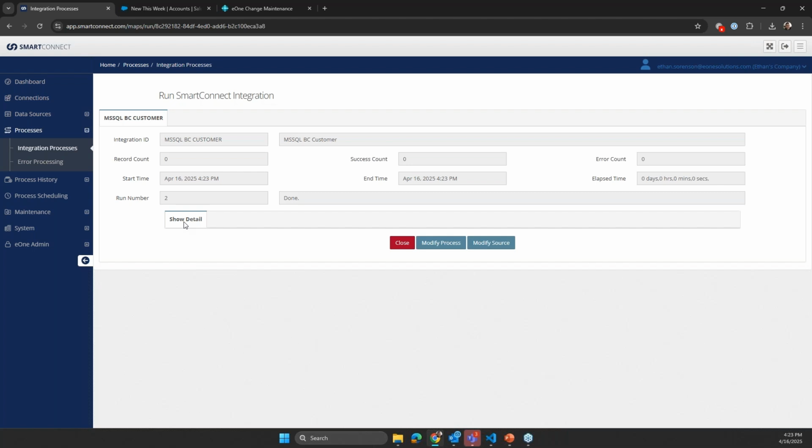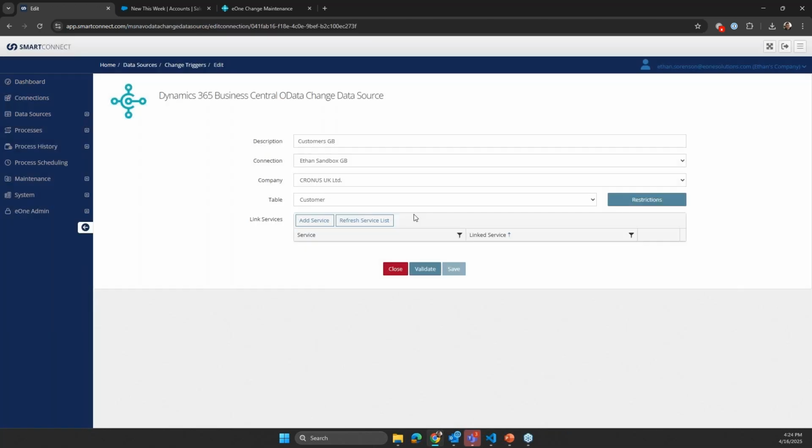Now, let's say I wanted to be a little bit more fancy here. If I go back to my data source, if everything you need isn't just in the source table, you can bring in additional detail by linking a service. So let's say I also want to take this same data source and import it into my CRM system, but I want to make sure that I correctly assign the right salesperson to the customer. So in the customer table,